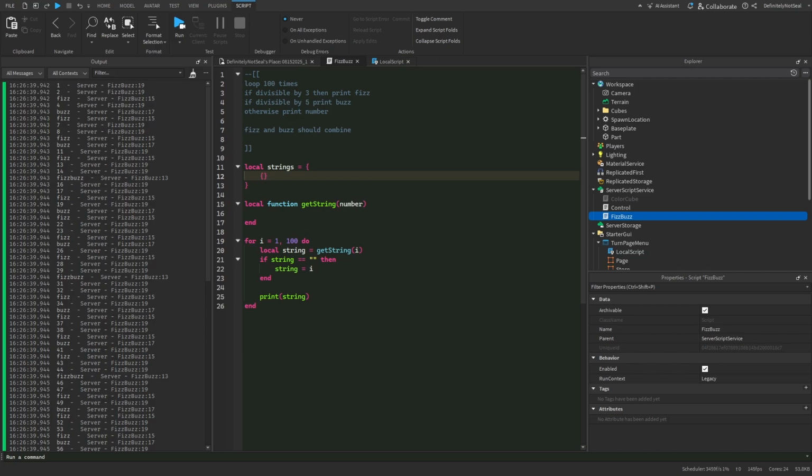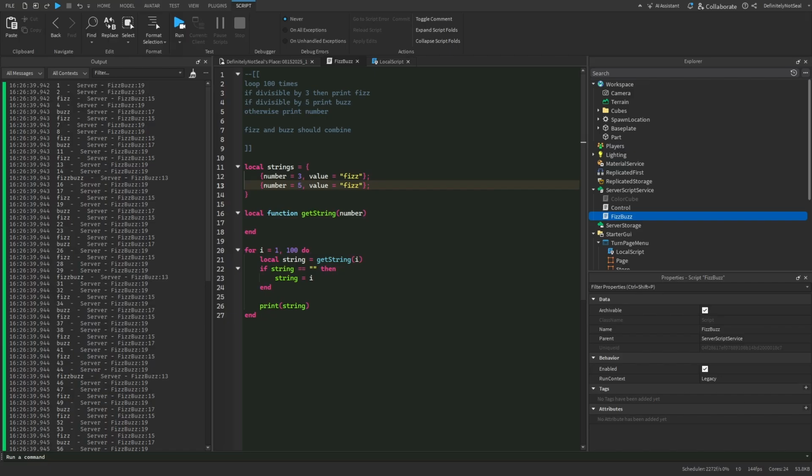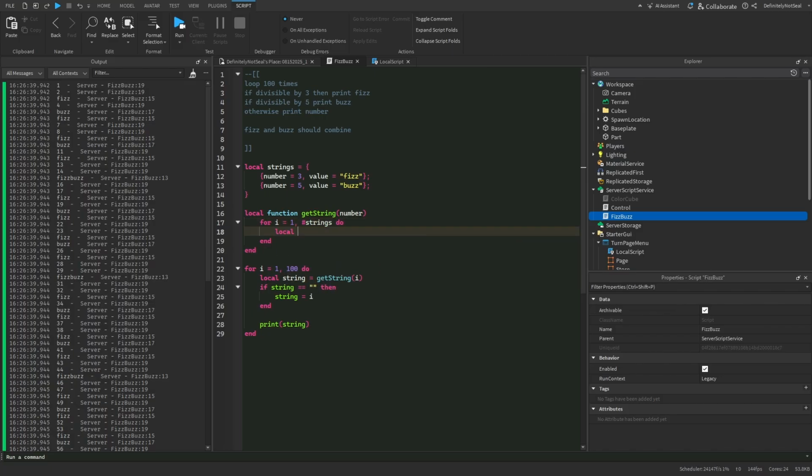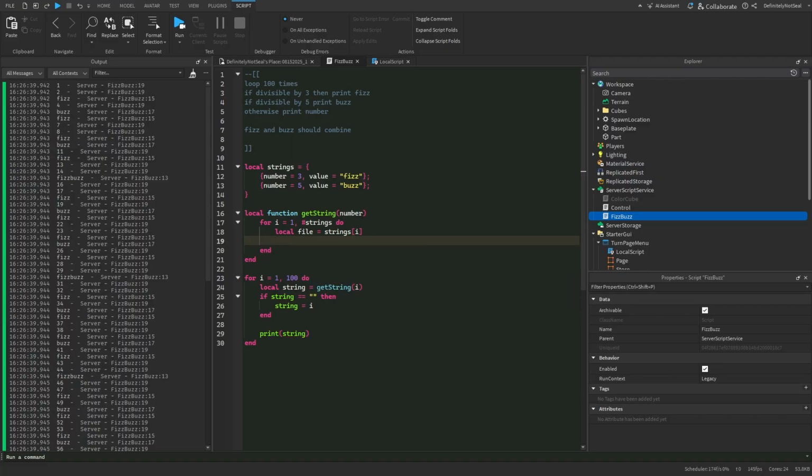So for instance, we've got number is 3, the value is fizz. I forgot an equal sign. Let's do another one. We have a dictionary in an array. Number is 5, value is buzz. And now all we got to do is loop through this table. For I equals 1, strings do local file is strings by index, and then we can say if file, actually in fact we could just do